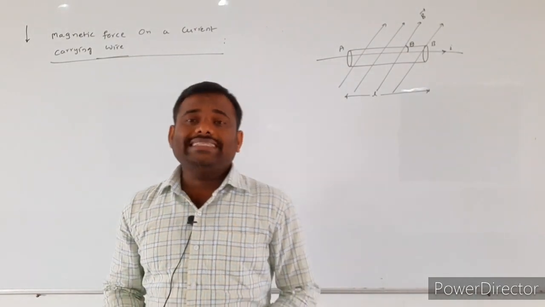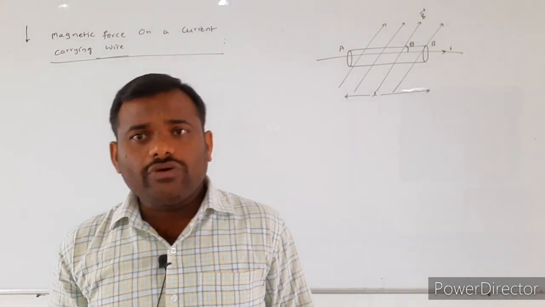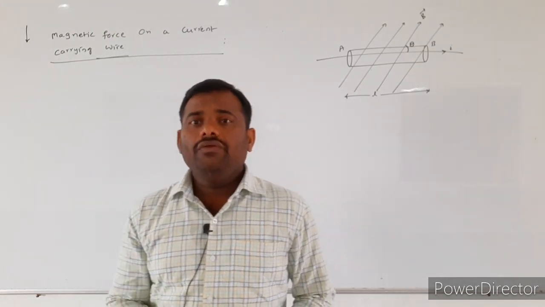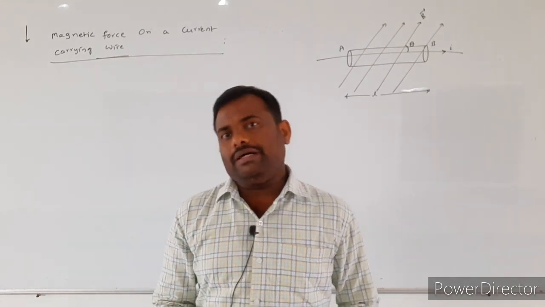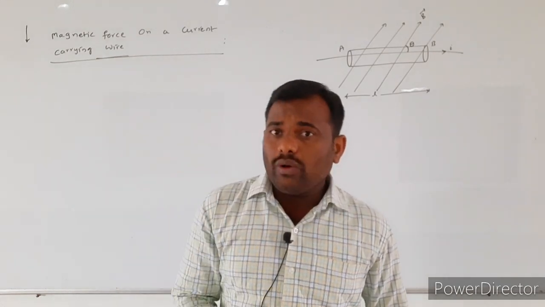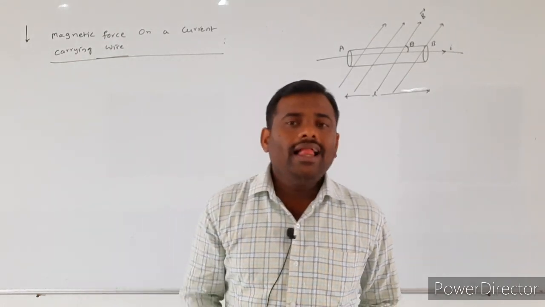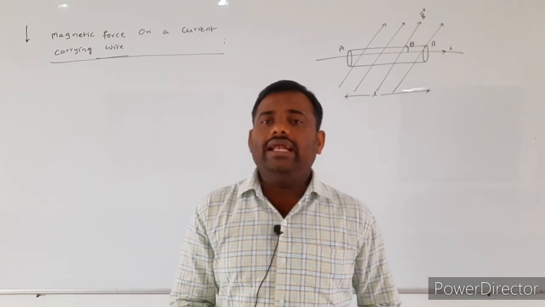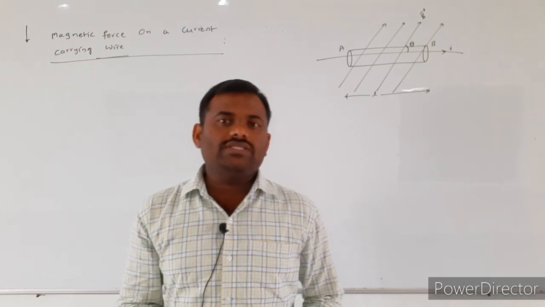In the last lecture we discussed the magnetic force acting on the charged particle which entered into the region, which is given by F bar is equal to Q into V bar cross B bar. And we also discussed the Lorentz force. What is meant by Lorentz force? The resultant force experienced by the charged particle due to both the magnetic field as well as the electric field. Such type of force is nothing but Lorentz force, right?